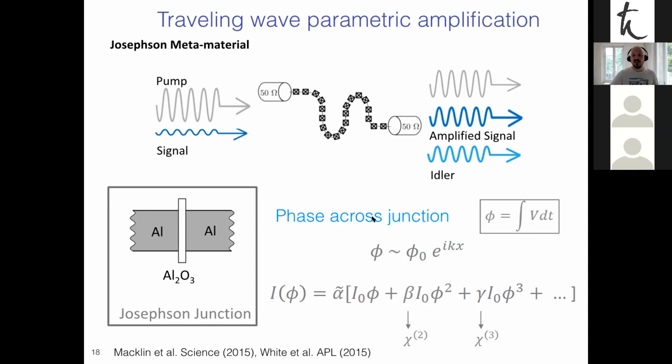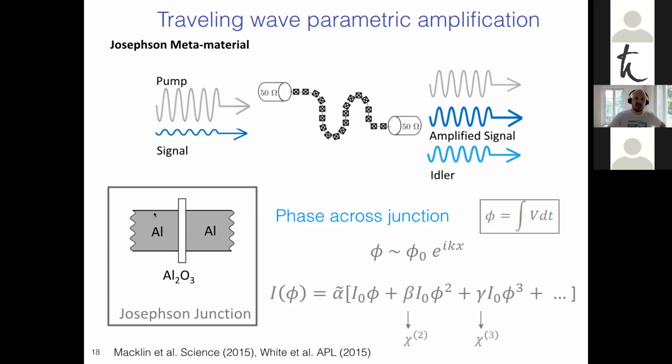In this case, the two relevant parameters are no longer polarization and electric field. It's the phase. The phase is nothing but the integral of the voltage, and it's also a propagating phase, and the current. So phase is the equivalent of the electric field in our case, and current is basically the equivalent of the polarization. But now, since this metamaterial is made of,